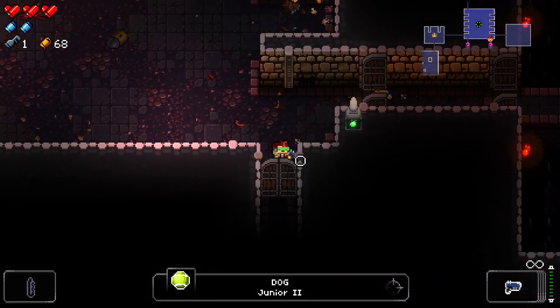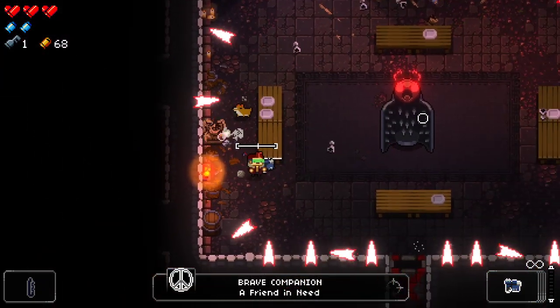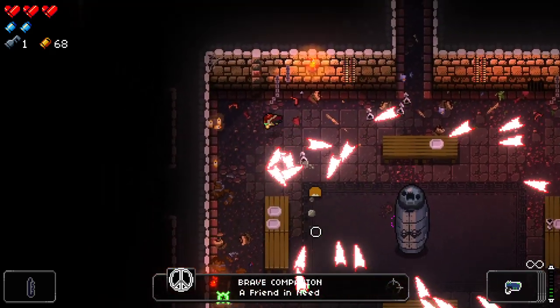Alright then. You can also use the lockpick on those kind of doors, and it also has a chance of failing as well. So...